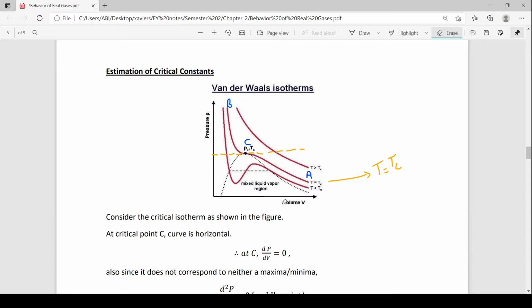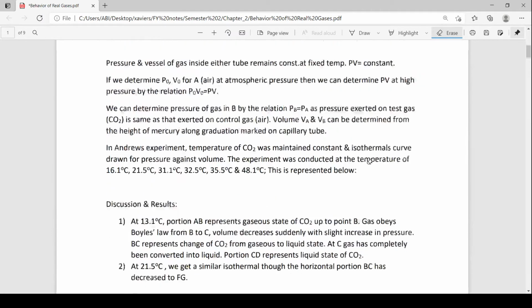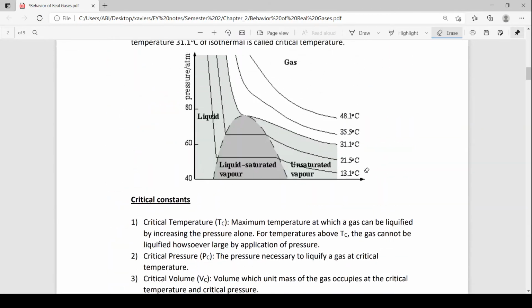So let us look at the estimation of critical constants. Okay, we know what critical constants are. If we look at the previous section where we looked at Andrew's experiment, what did we notice? The critical constant, that is the temperature, is 31.1. It was found that for carbon dioxide gas,